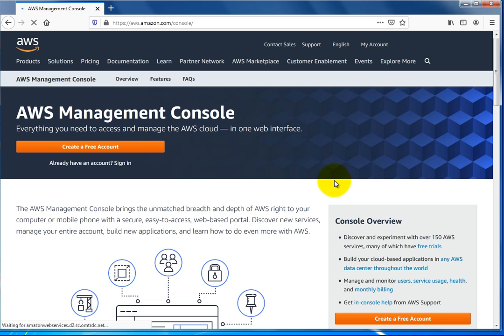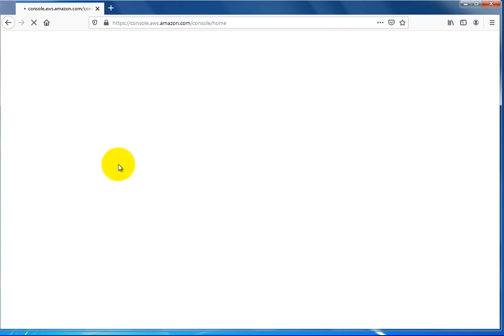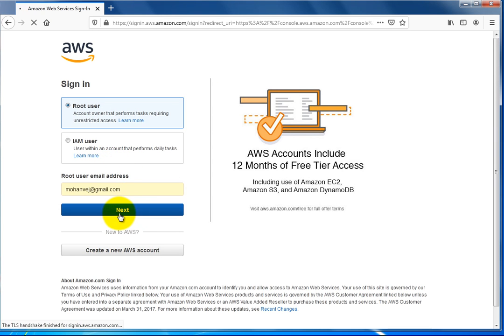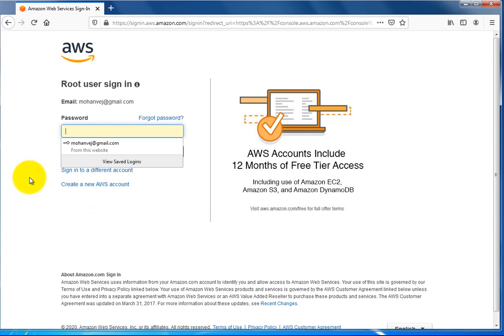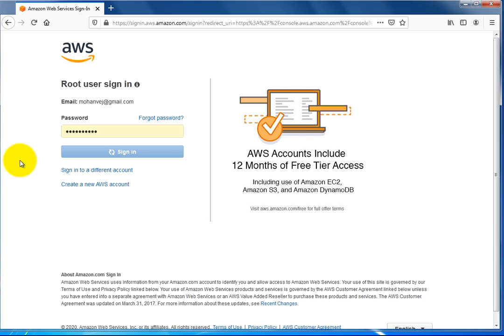So there you can see like this. This is a login page. If you have a login username and ID, then you need to come here and sign in by using this button. And you have to enter your login ID and password. I already entered my mail ID, and then I would like to enter my password also. So go and log in. You will see like this. So we are going to the console page. There you can find